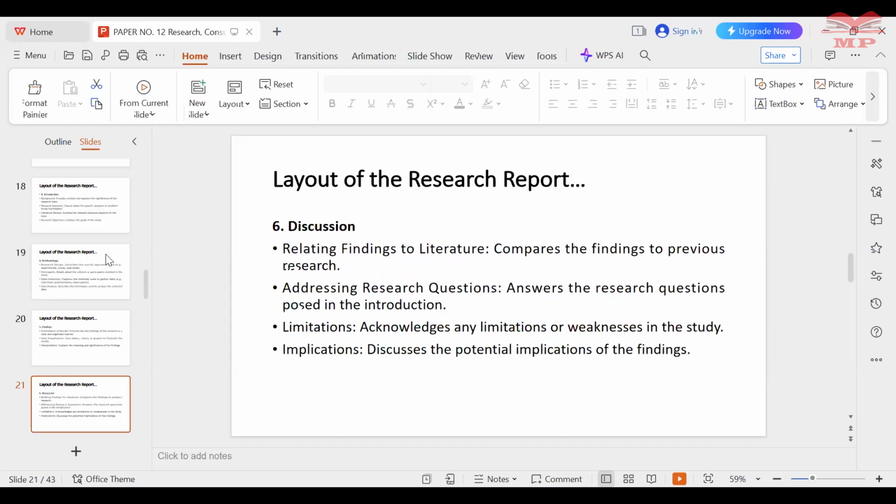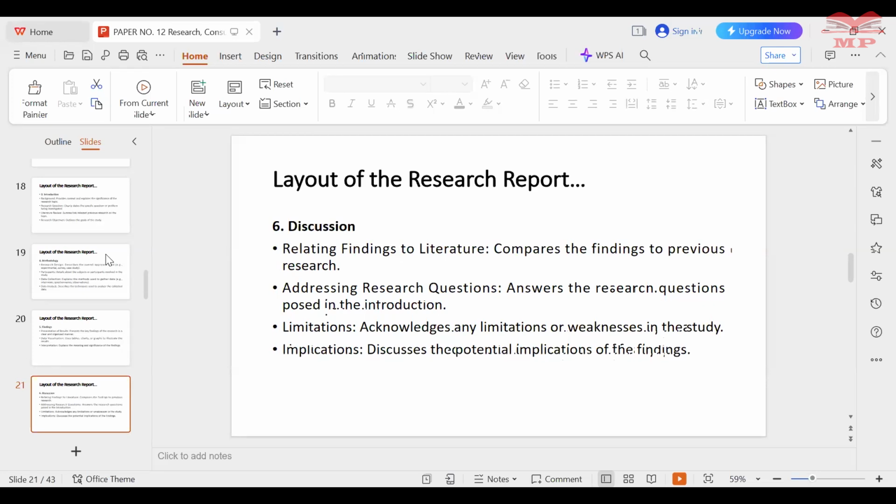Then number 6, discussion. So in relation to the findings, the discussion in the research report creates a relationship between findings and literature, and then addresses research questions, looking at the limitations of the study and implications. So, relating findings to literature,